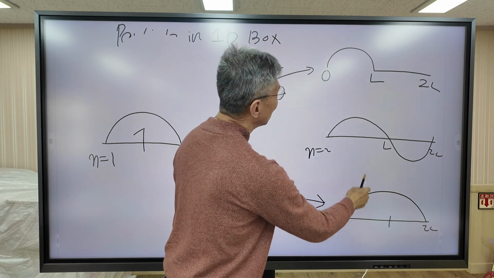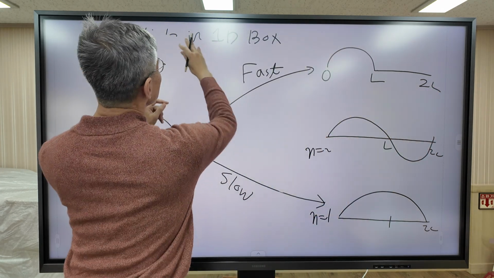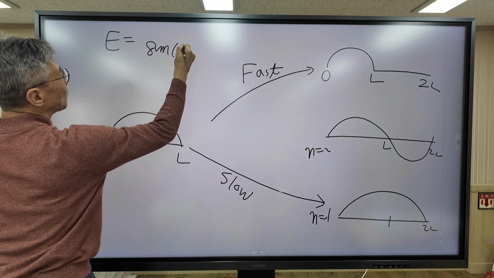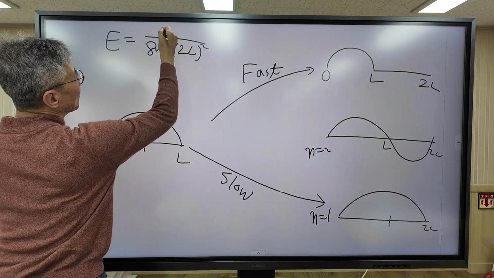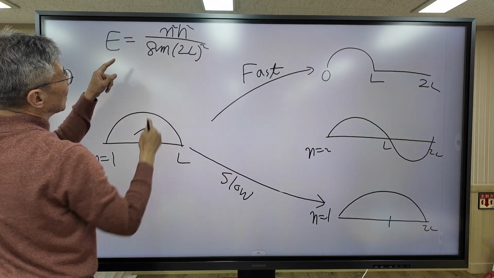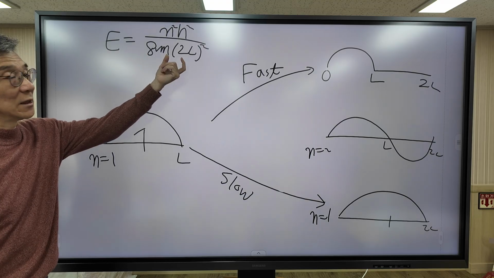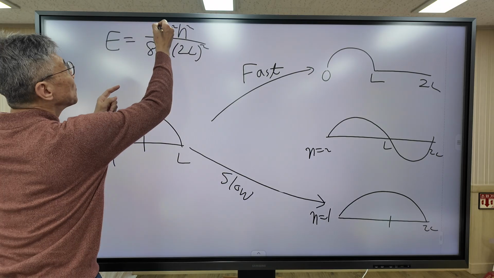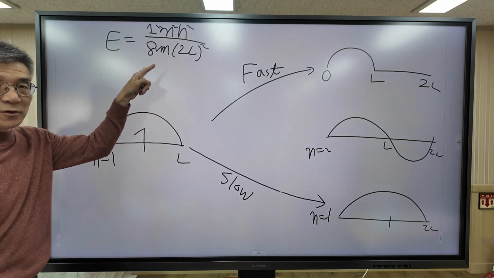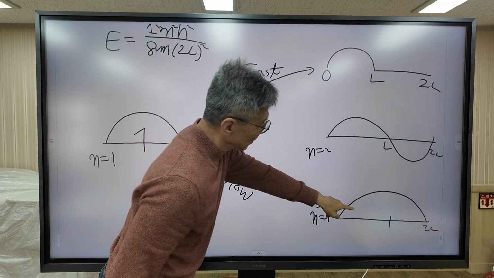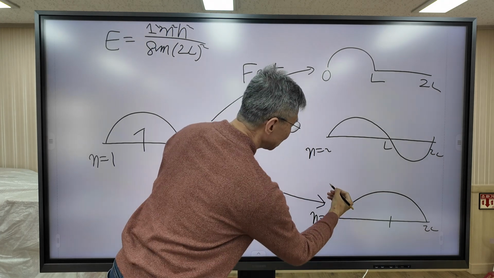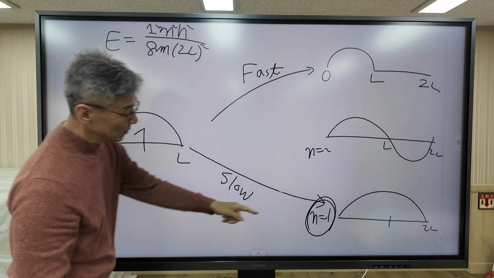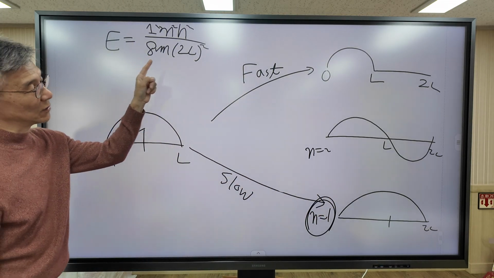in this state, when the length of box is equal to 2L, this is the formula. So when the electron is in this state, the energy is equal to this one. You can use this formula because when the electron is in this state, N is defined. N equal 1. So you can use this formula. Energy is this one, right? But problem is this one.